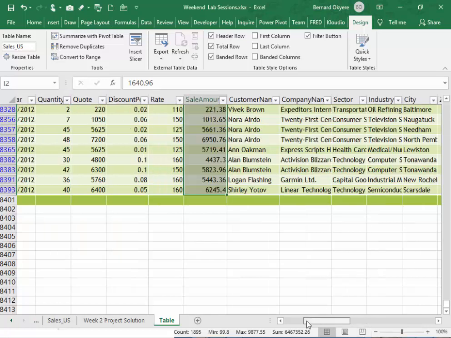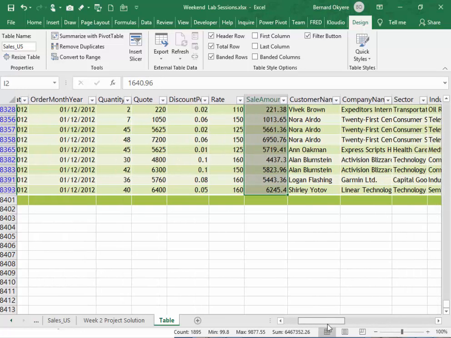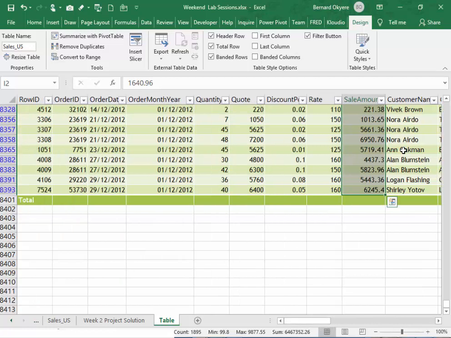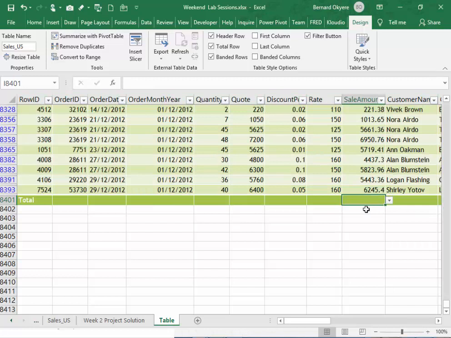I don't think that is C. Let me see. Okay, the table column I. Thank you, Sina. Yes, it's I2. So when I click at the bottom side of the sale amount column, I get to